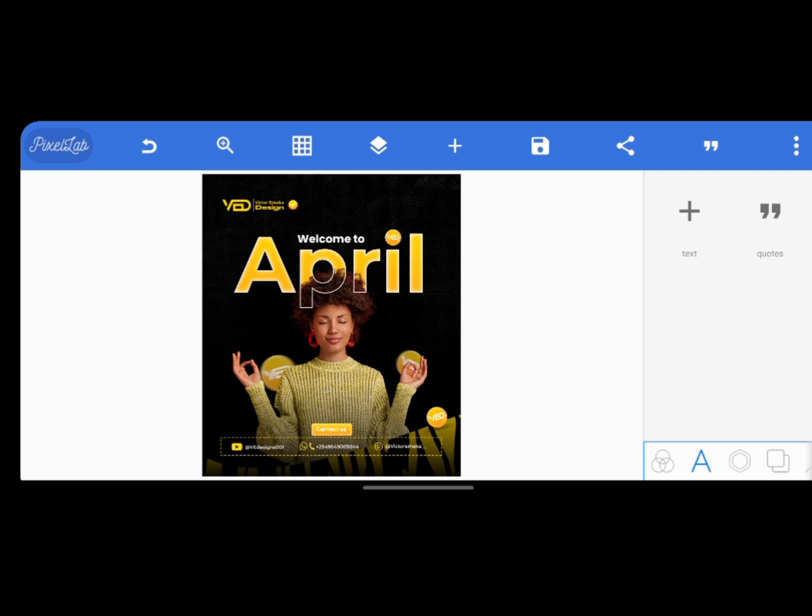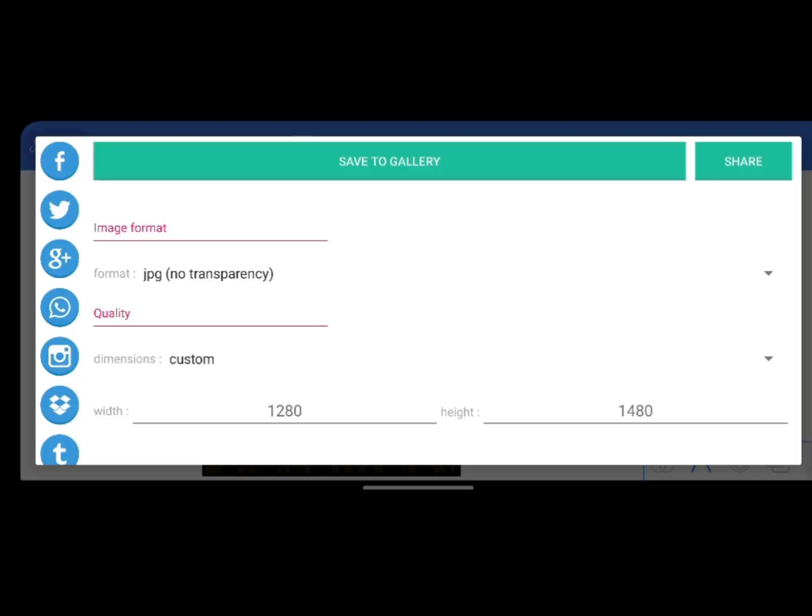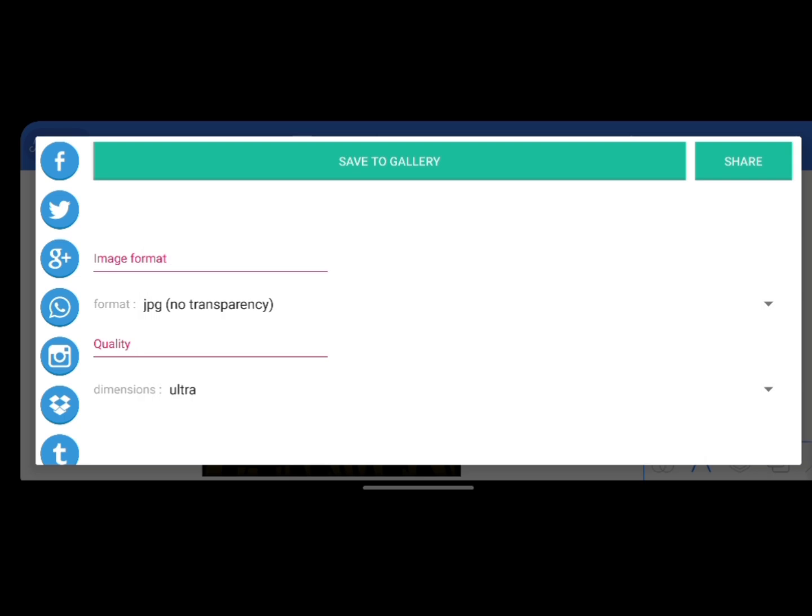Then when you save, make sure you save your image. Set it to ultra quality